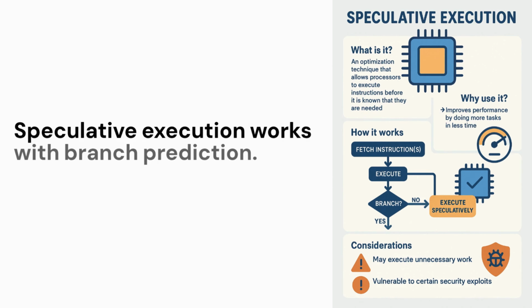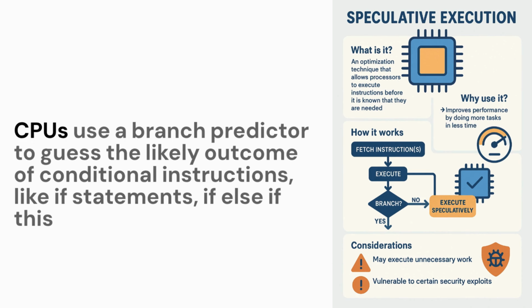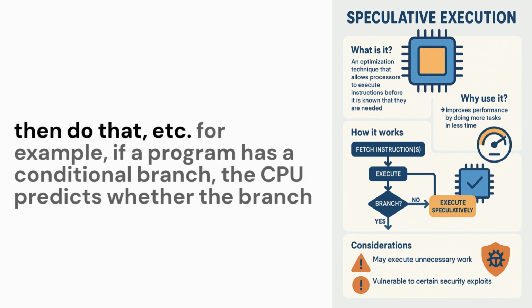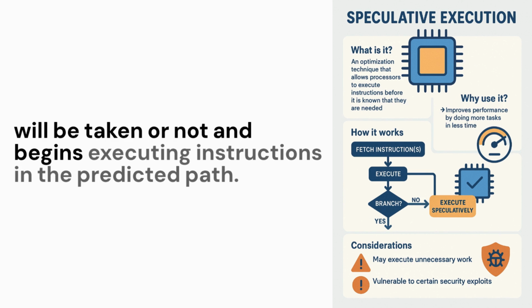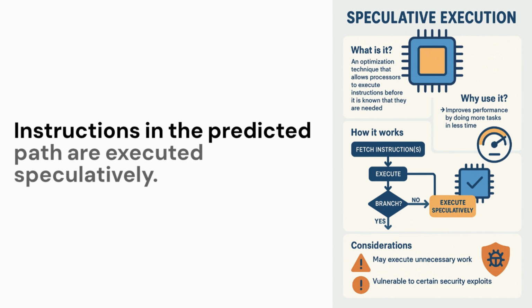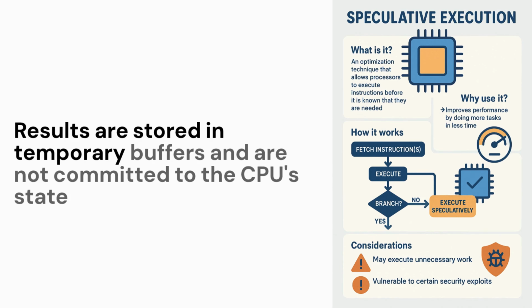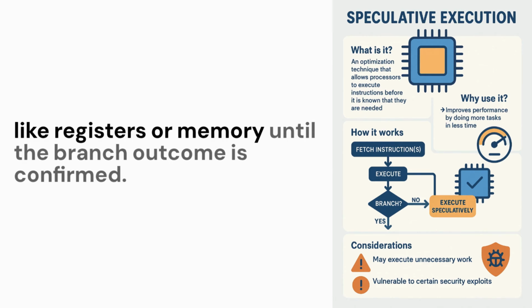Speculative execution works with branch prediction. CPUs use a branch predictor to guess the likely outcome of conditional instructions like if statements, if else, and so on. For example, if a program has a conditional branch, the CPU predicts whether the branch will be taken or not and begins executing instructions in the predicted path. Instructions in the predicted path are executed speculatively. Results are stored in temporary buffers and are not committed to the CPU's state, like registers or memory, until the